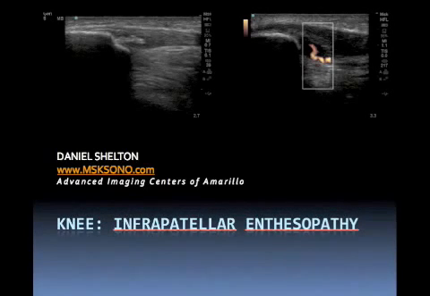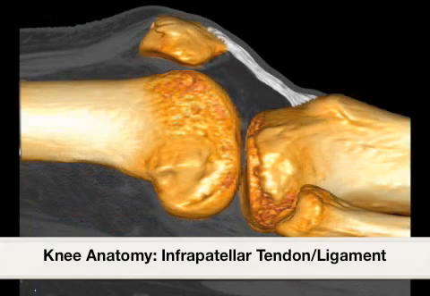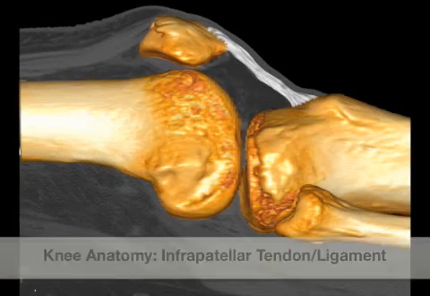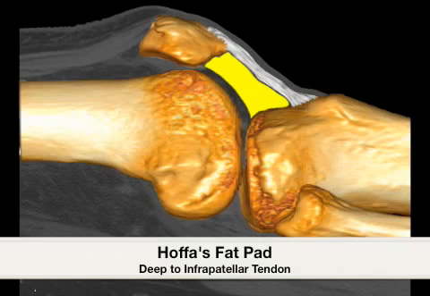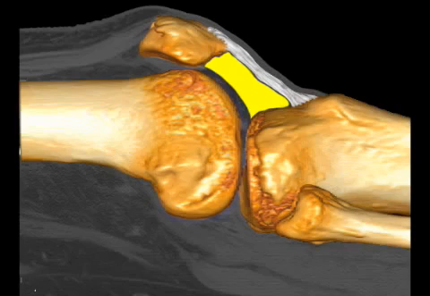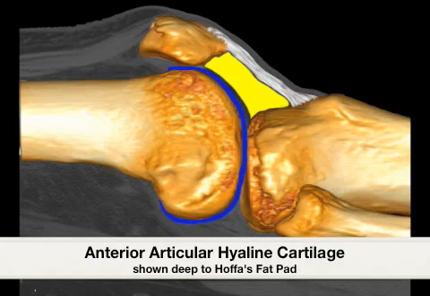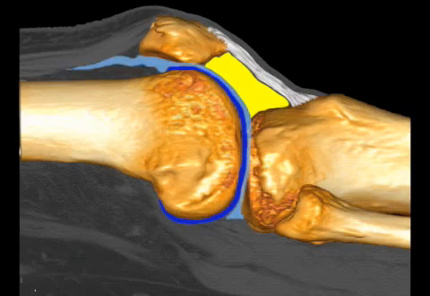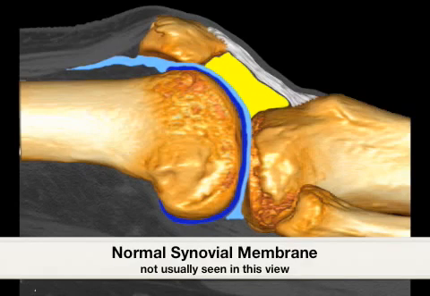In this video, we have a case study involving diffuse calcific tendinosis of the proximal infrapatellar tendon. The anatomy demonstrated in this picture is the white infrapatellar tendon, the yellow Hoffa's fat pad, followed by the blue articular hyaline cartilage surrounding the anterior surface of the femur, and light blue would be the normal synovial recess that